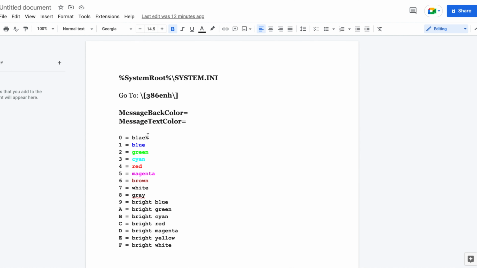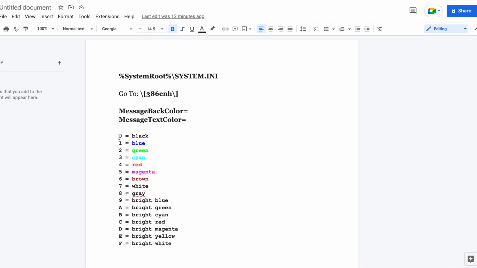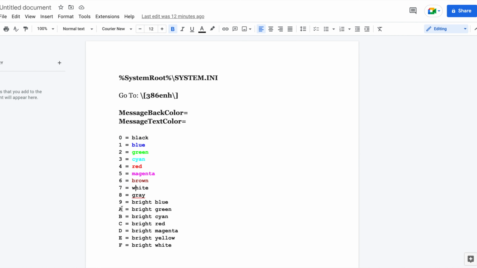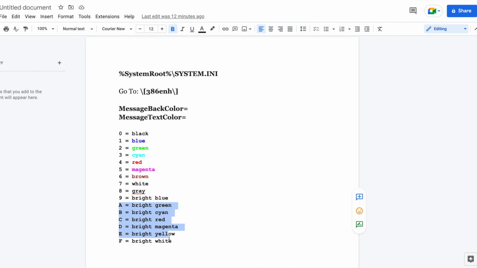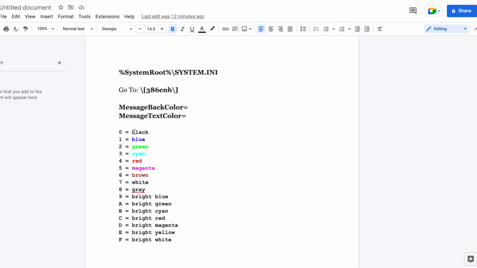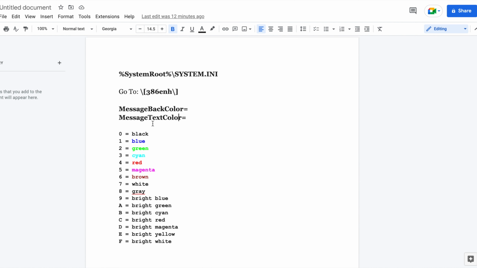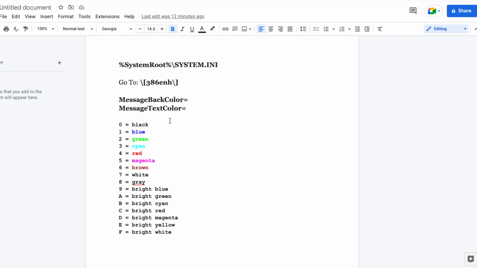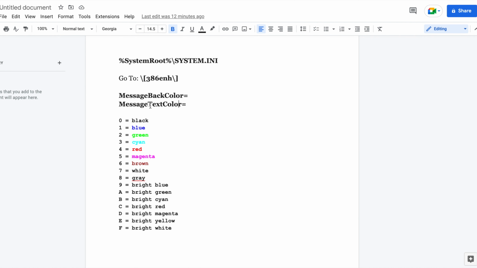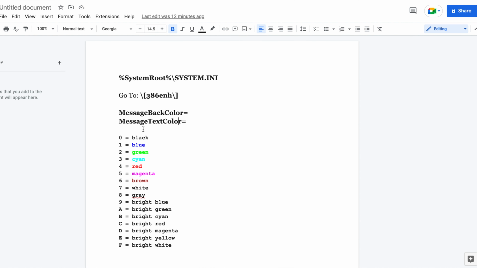And then this is the very easy part, and this is basically the last step. 0 to 9 goes in message back colors equal to, and A to F goes in message text colors equal to. And yeah, there you can change the colors of the background, which is back color, and foreground slash the text, which is text color, because the foreground is only the text. And yeah, that's it